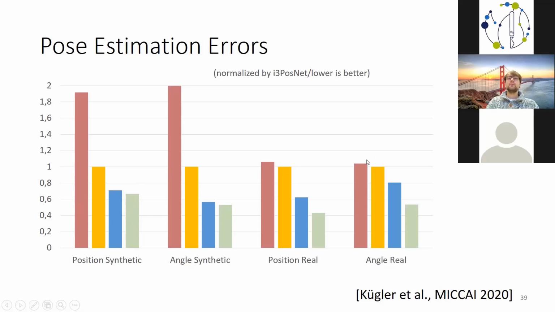We've normalized these bars because they're all on different scales. We've normalized them with respect to the I3 PostNet results. We can see that in the position and in the synthetic benchmark, DARTS was actually significantly worse than the I3 PostNet architecture. But the architectures that we found are a significant improvement over the I3 PostNet,